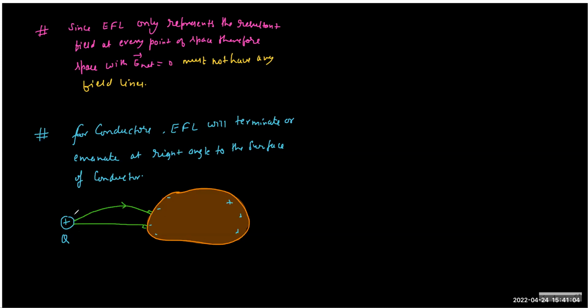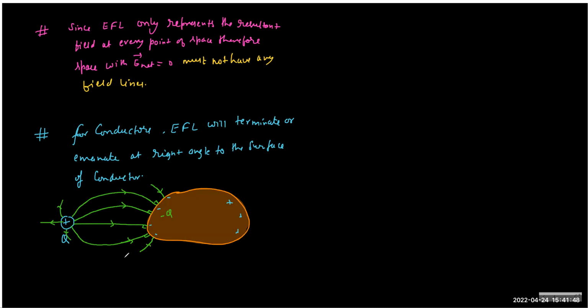This is a very bad conductor surface. So the angle at which it will terminate: you can see the plus is here, so the front surface will have exact minus, and therefore every line of force which emerges will eventually terminate. That's the whole idea. So graphically we represent this.